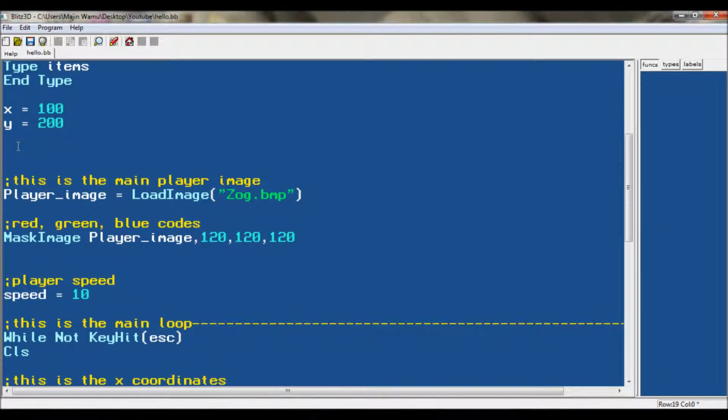You load it just like a normal one, even though it's going to be used for types. You can also use it for anything. It doesn't only have to be used for one thing. You can use it for like a title screen. Which reminds me, I should probably go over title screens today too. Well, anyway,